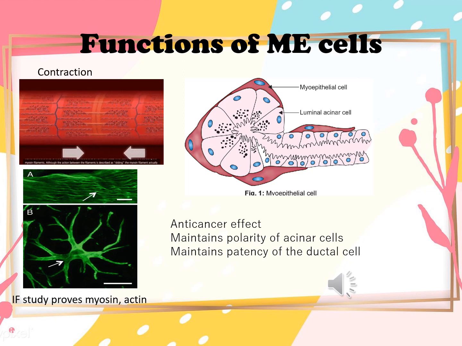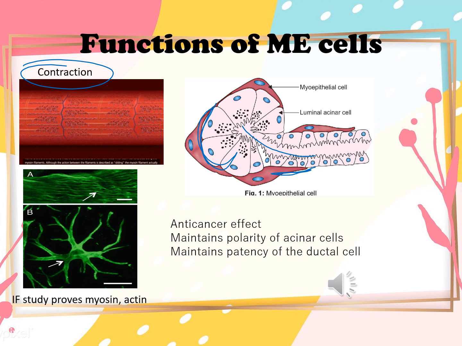Now coming to the functions of myoepithelial cells, as we have seen, myoepithelial cells have some smooth muscle activity. So the most important function of it is contraction. It is present on top of the secretory end pieces and intercalated duct, right? So what it will do is contract so that the saliva produced by the SNR cells of the secretory end piece is pushed into the intercalated duct, and from there it is pushed further to other ducts so that it is spilled out into the oral cavity.